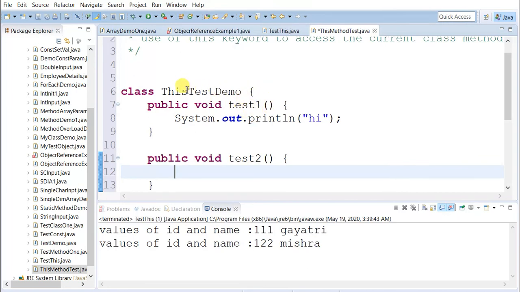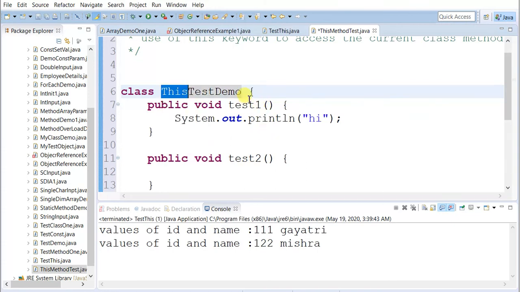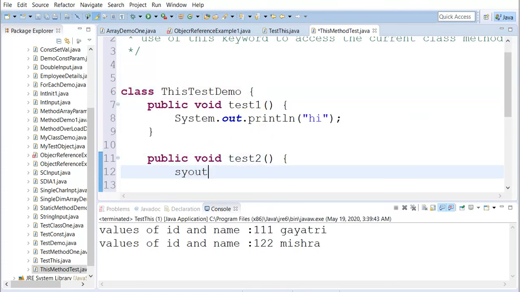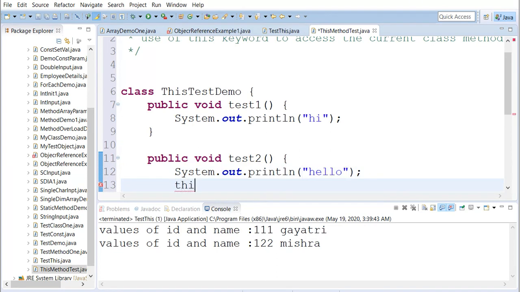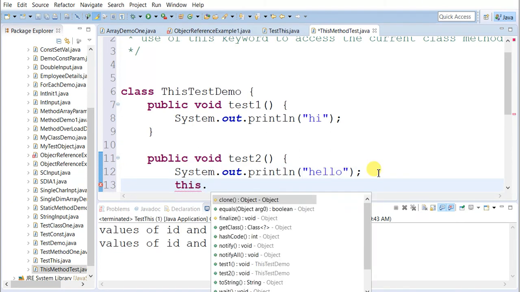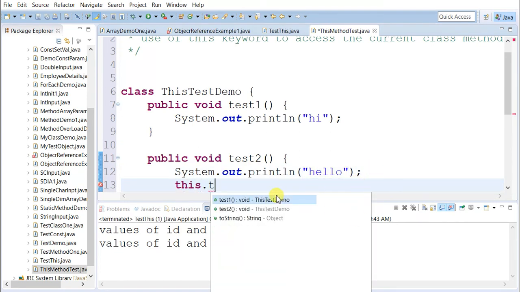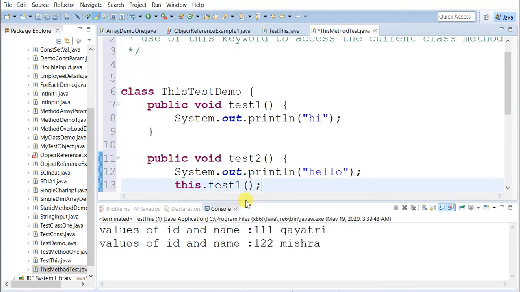The current class is this test demo. Current class method means test1. We need to call test1, so for that reason this dot test1. Yes, so my job is done.